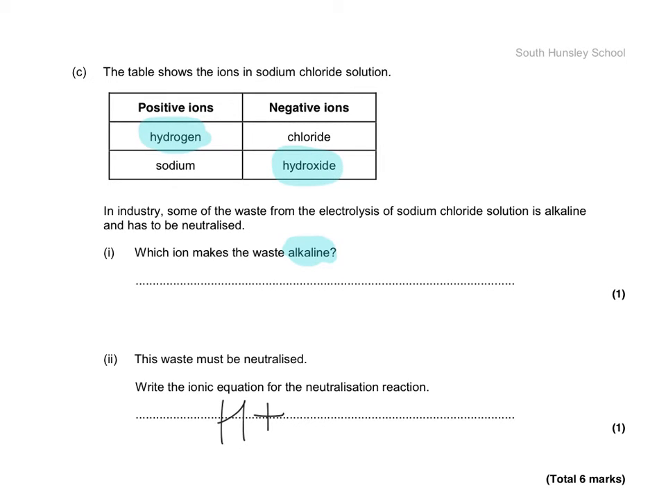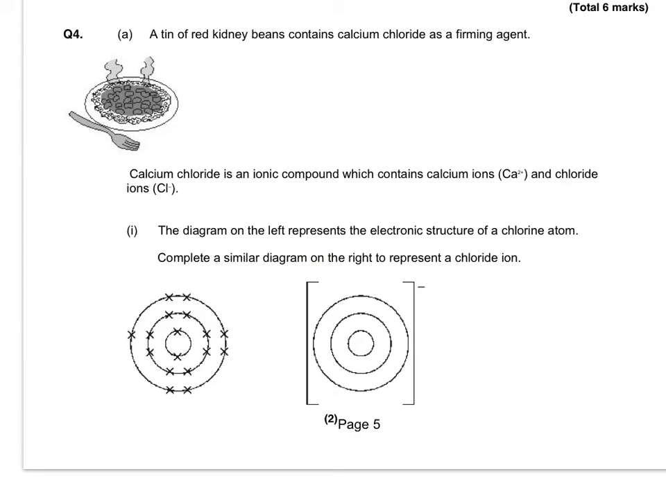So you've got your H plus from the acid reacting with the OH- from your alkali. The acid and the alkali neutralise and form your neutral water, your H2O, and that is the ionic equation for neutralisation. This question here is actually asking you to draw the chloride ion, so it's asking you to draw the Cl- ion. If this is our chlorine, notice that you've got an electron here which makes up the 7 electrons